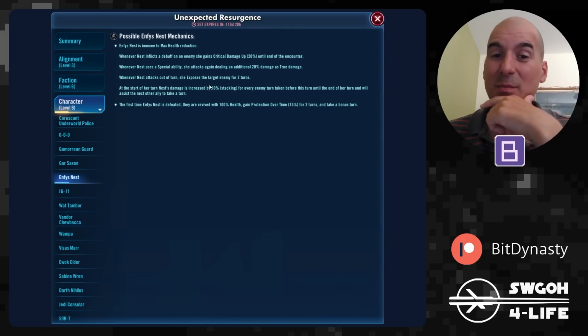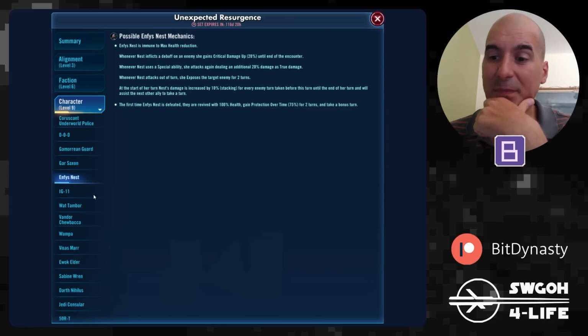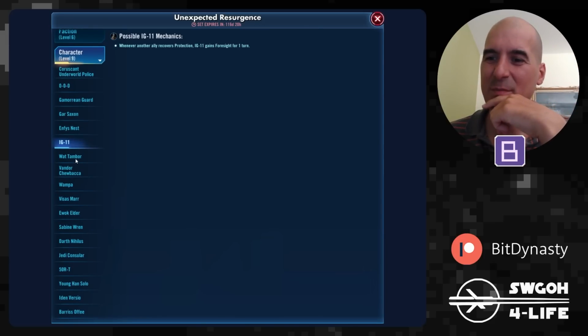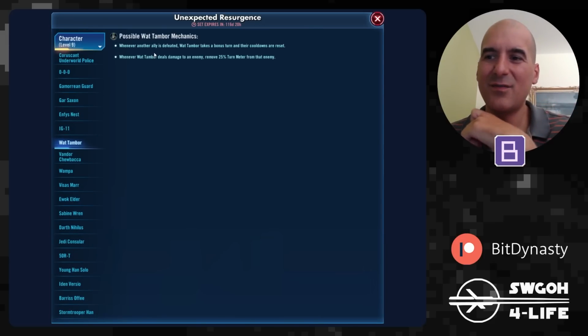I think this could be really useful, right? If you have a slow Nest, enemies are taking lots of turns, and whenever Nest does get a final turn, she can do some big damage, I think. IG, not that great a bonus. Wat Tambor, I think this could be useful, I guess, if you're using Mina Trench or General Grievous squad, because